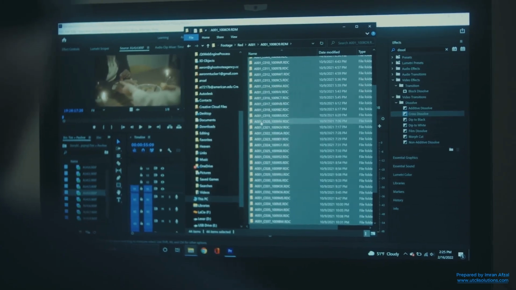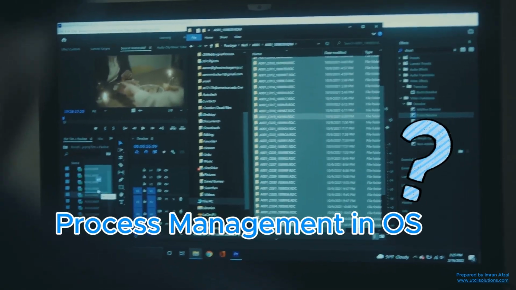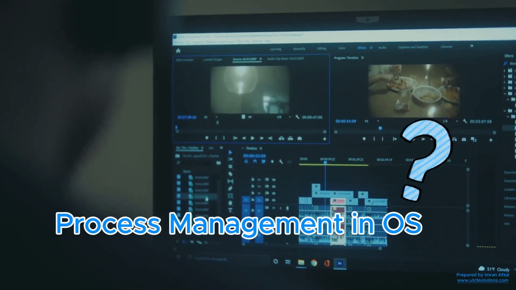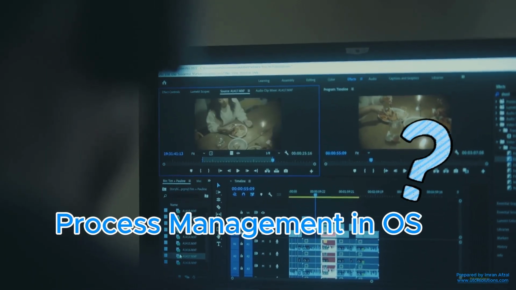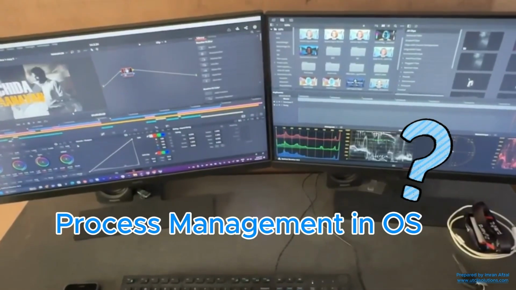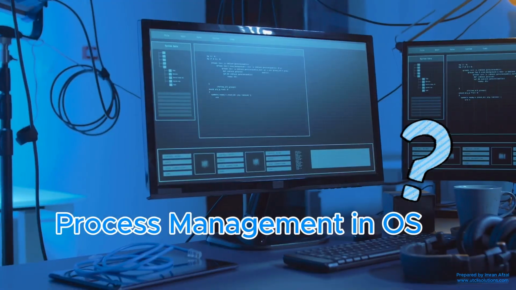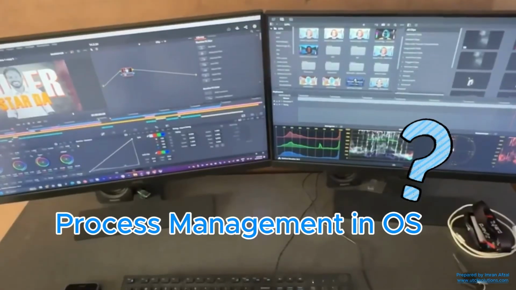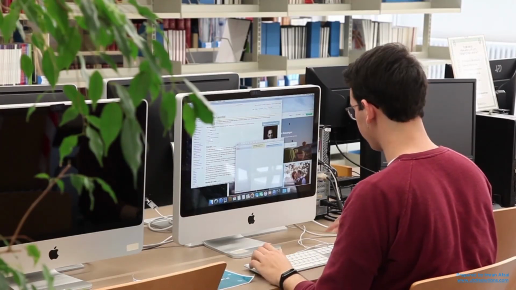In this video, we're going to learn what process management means in operating systems. You'll understand how your computer runs many apps at the same time, how it keeps everything organized, and how it makes sure one app doesn't disturb another. We'll break it all down in a fun and simple way that's easy to follow, even if you're just starting